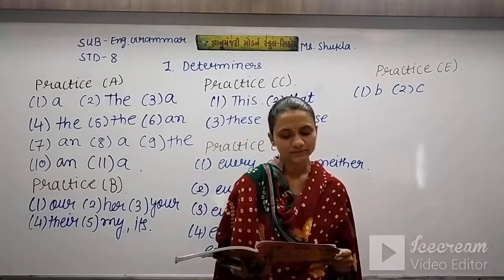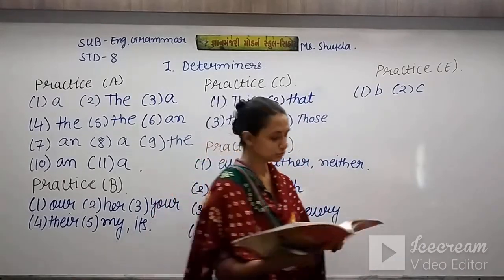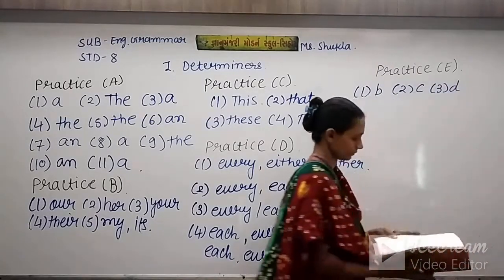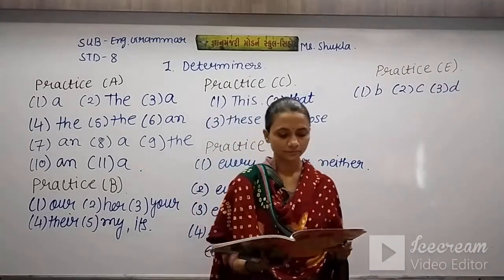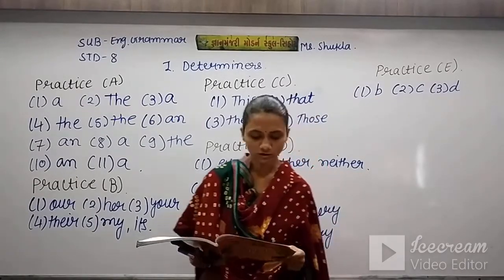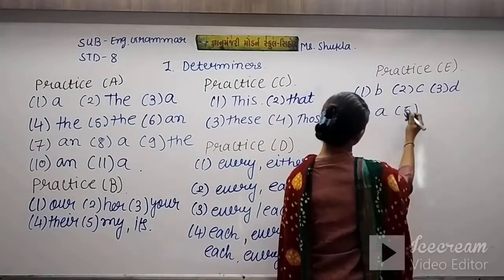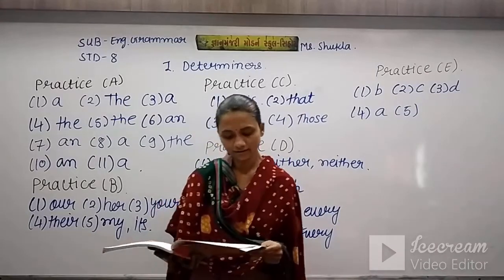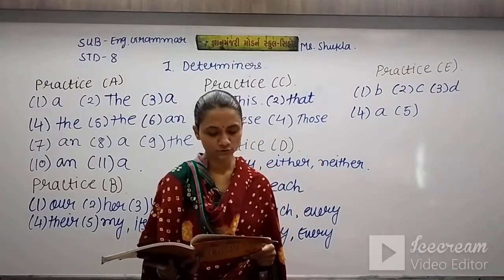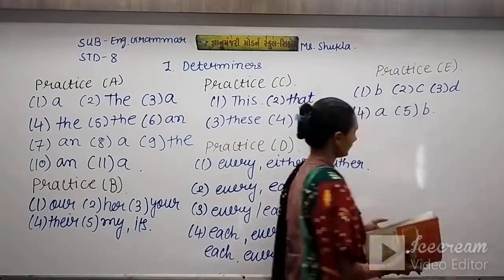This bakery is very popular. Blank the cakes are sold by lunchtime. So most of, it means D is the right answer. Blank our questions about the mystery were answered at the end of the play. All of our questions, it means A is the right answer. There was blank moisture in the room. So most of, each of, the whole of, a good deal of. So a good deal of, it means B is the right answer.